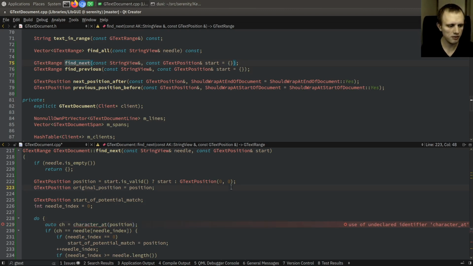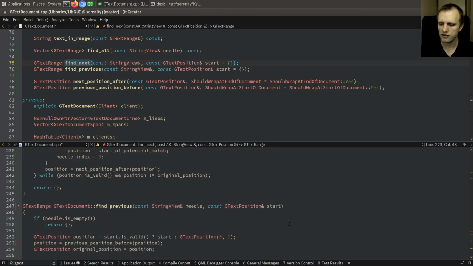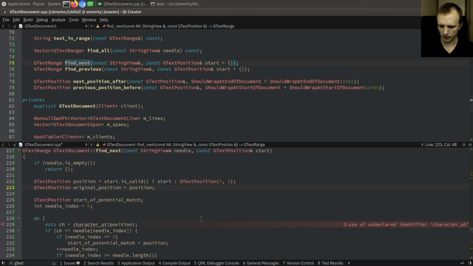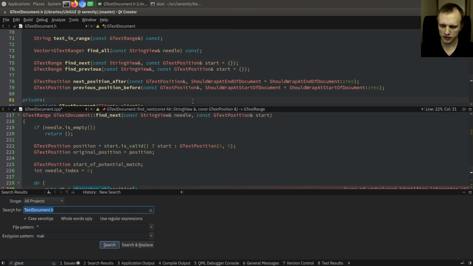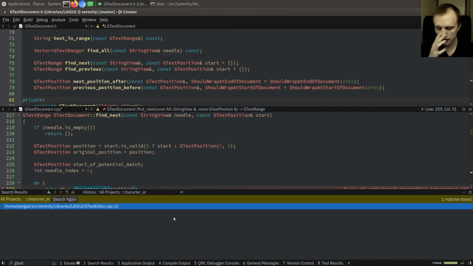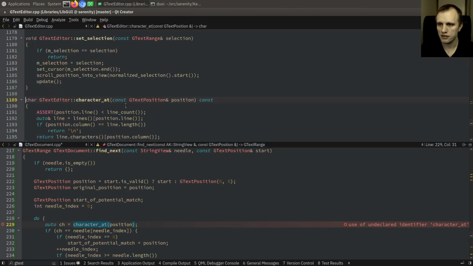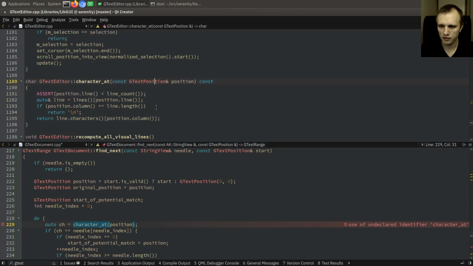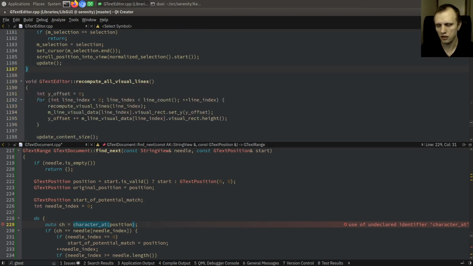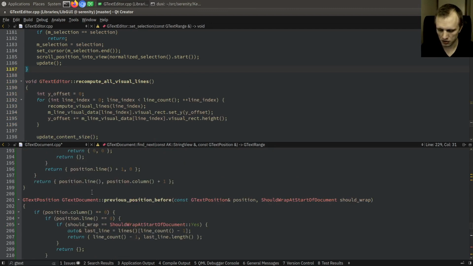I'm very, very happy with the monorepo layout of this project. Just the fact that you can use the same data structures in the kernel, in the GUI, and everywhere, like vectors and hash maps and these things, it's so neat. And all the smart pointers are the same. So let's see, character at, we should clearly move that out of GTextEditor because this has nothing to do with, this is just looking up the character at a specific GText position,